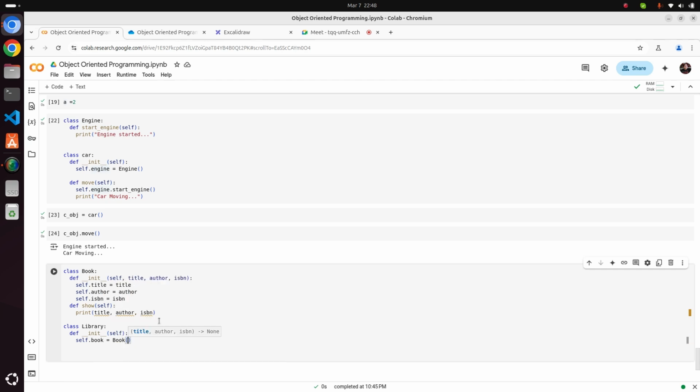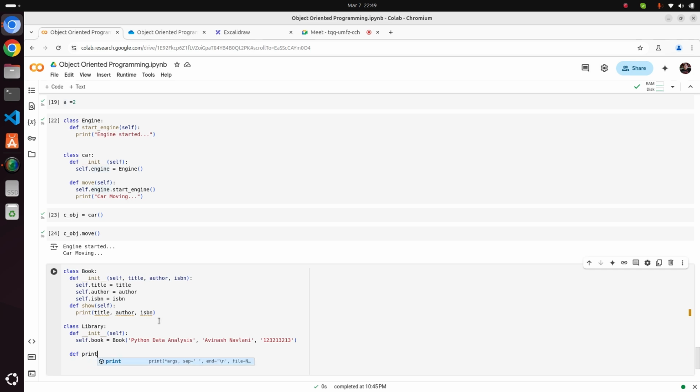Right now I am giving only one book, but it will need some details. Suppose the title is Python Data Analysis, and the author is Avinash Lavlani. Yeah, really, this is my book. I have written this. Sorry, the ISBN number I don't know, so I'm just putting some random number here. Okay, and this is now defined.